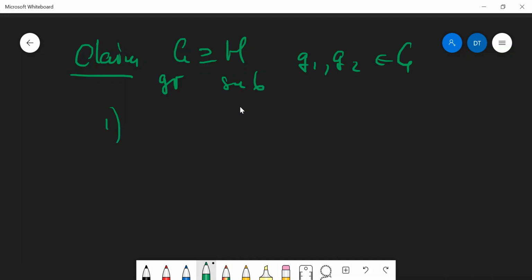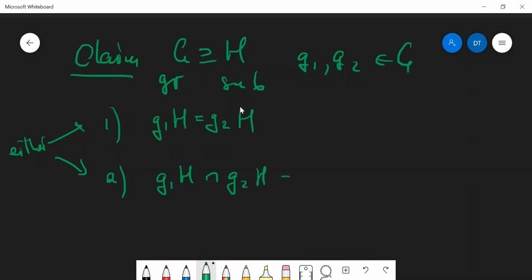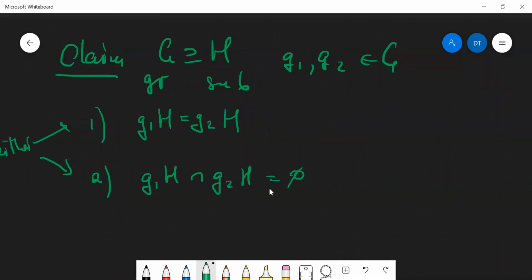The option number one, left coset G1H coincides with the left coset G2H. Or the second option, G1H intersects G2H by an empty set. So what I'm showing here is that if you have two left cosets, then either,